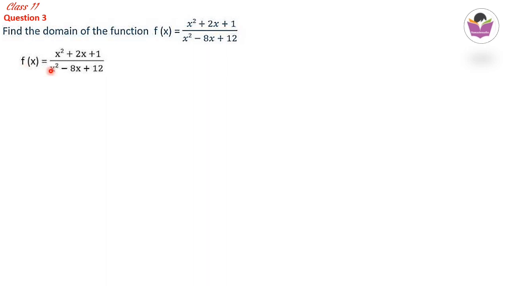Here f of x is given as x square plus 2x plus 1 divided by x square minus 8x plus 12. By the factorization method we have to factorize these two, means by splitting the middle term we can do it. Numerator, that is a square plus 2ab plus b square. A square plus 2ab plus b square is a plus b the whole square. What is a? A is x. What is b? B is 1. So x plus 1 the whole square. If you don't know the a plus b the whole square expansion, just write and keep. I am not showing it here because these are quite basic things.